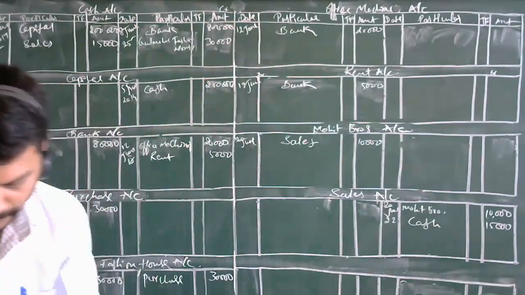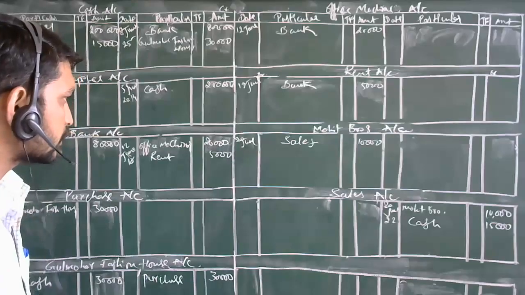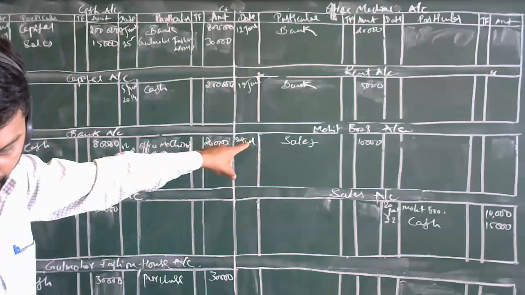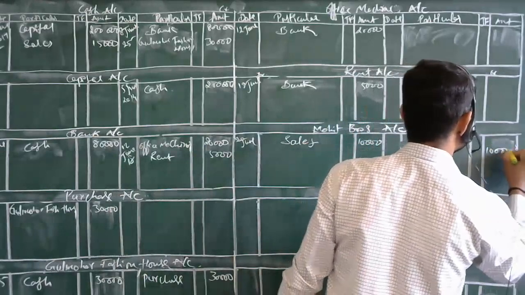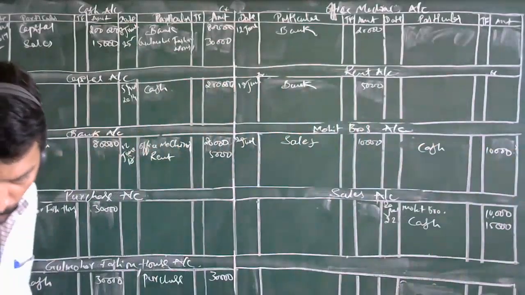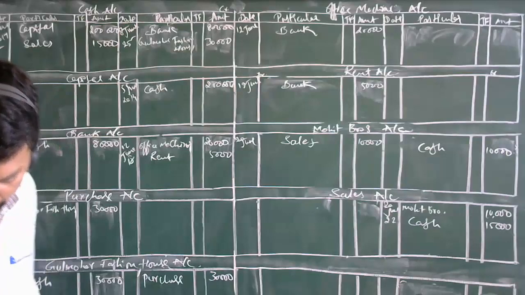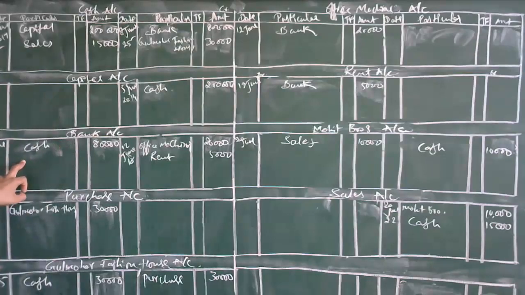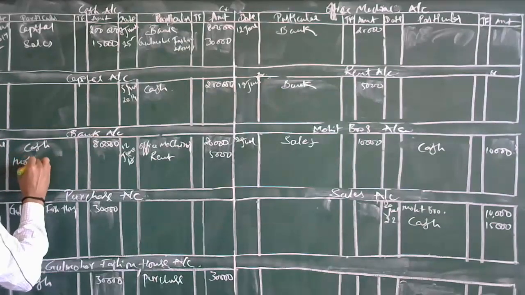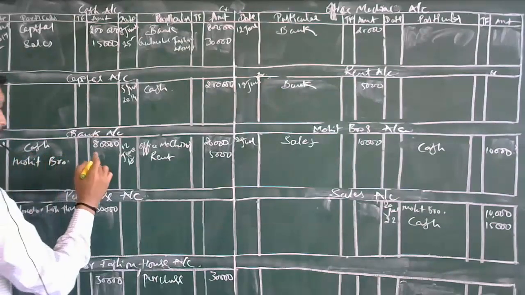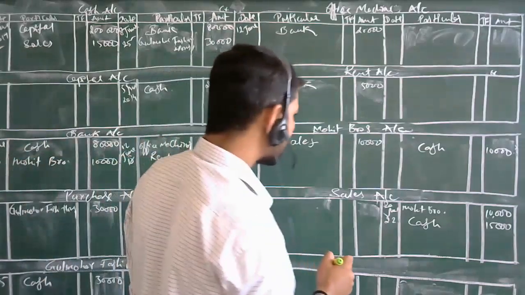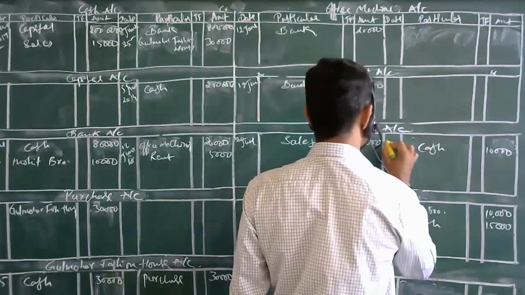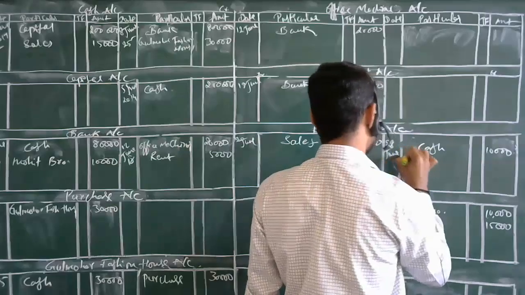Mohit account 10,000. Where is it? Here. Mohit account, sales are there. Then Mohit account in cash 10,000. And previously where will it be taken? Here, Mohit Brothers in bank account. Mohit Brothers in cash account 10,000. What is the date for this? 28. The date where I have mentioned 10,000 is 28 June.